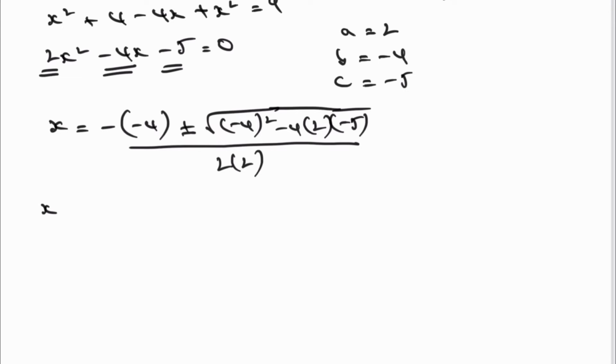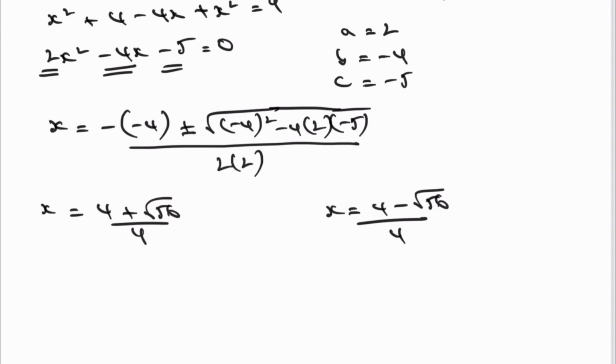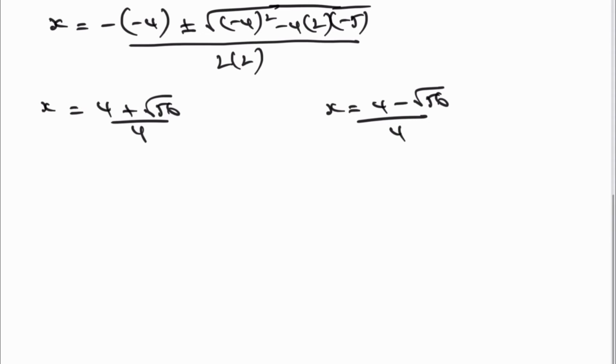So I've got two values of x. I've got x equals 4 plus the root of 56, all divided by 4, and then I've got x equals 4 minus the square root of 56, all divided by 4. Okay, when I plug all of that into a calculator, I'm going to get two values. I'm going to get x equals 2.8708, and don't forget that I need the answer to two decimal places, so I'm just going to put in brackets there 2.87 for the purposes of the video,